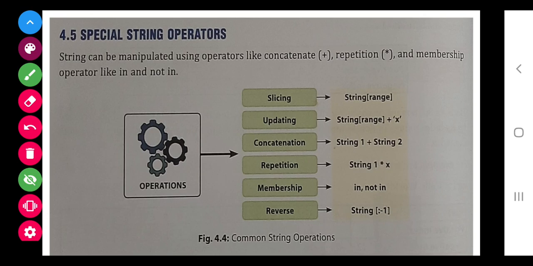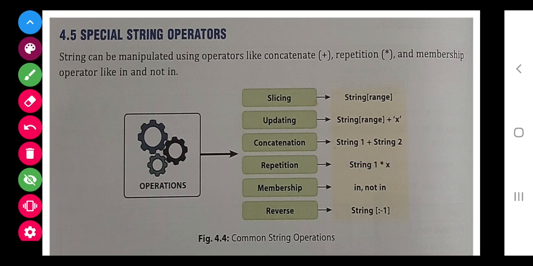updating a string. Under this, suppose I am having a string and I forgot to write something. Suppose Python was there and I forgot to write n, then I can add it using updating also. Next is concatenation, meaning addition of two strings.